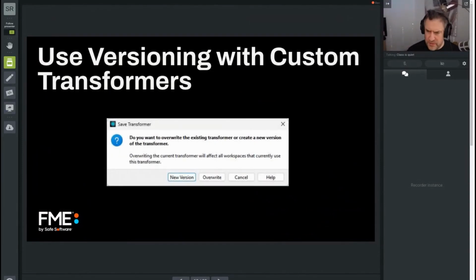Had a question from Jason about question number 2, which I believe was: if you wish to create a custom transformer that defines an organization wide process that should be conducted the same way in all workspaces, which transformer type should you use? That should be linked, and it should be always linked. This is something where you need to force everyone that is using that transformer to be doing the exact same transformation at all times. That way, you can basically enforce that transformation upon all workspaces that end up using that